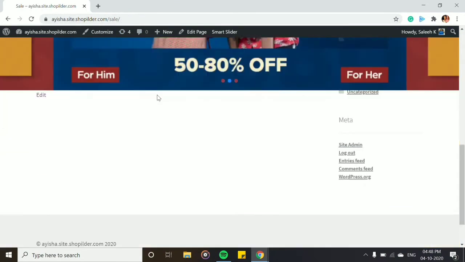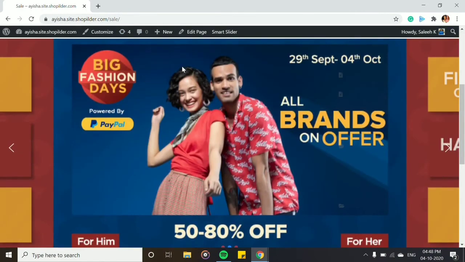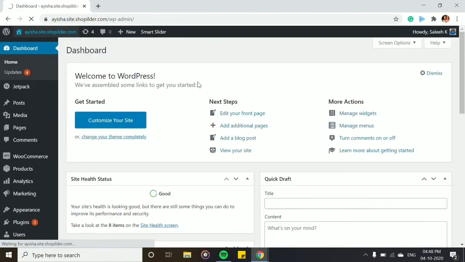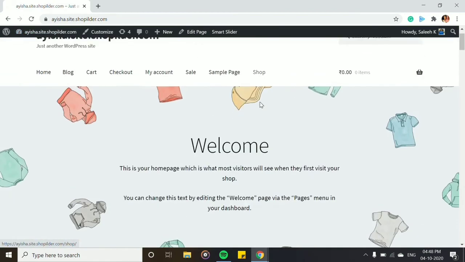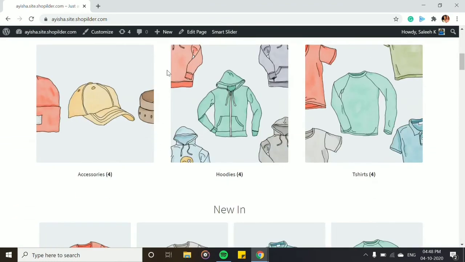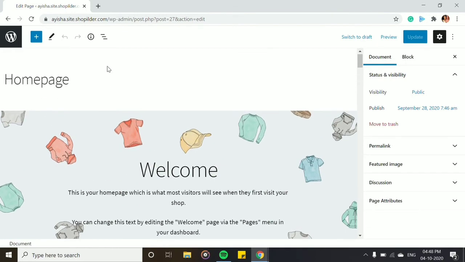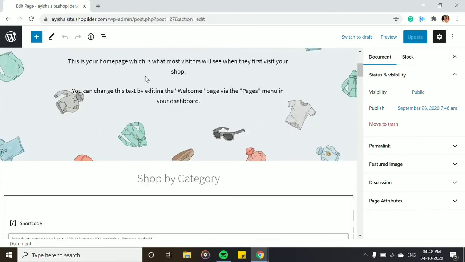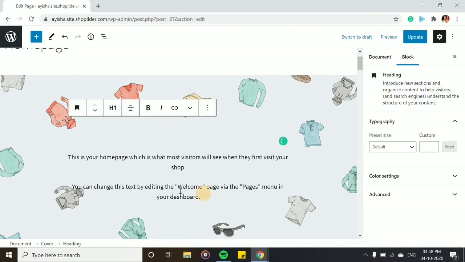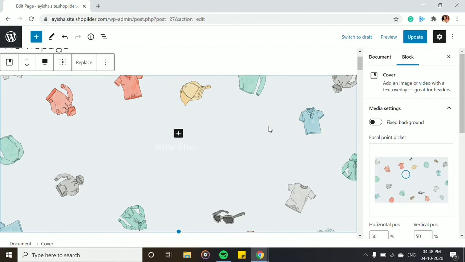So here, you can just see a slider button only. But if you have to see it in a particular page, I'm going to visit my site. I had to add this here in this part, right? So I'm going to edit my page. As you can see, edit page here, or else you can go to the pages section and home page and then go to the edit part if you are not able to visit that. Okay, now I'm going to remove this part. I'm going to delete all these things. I have just removed that.